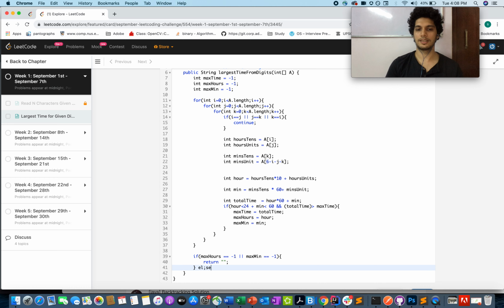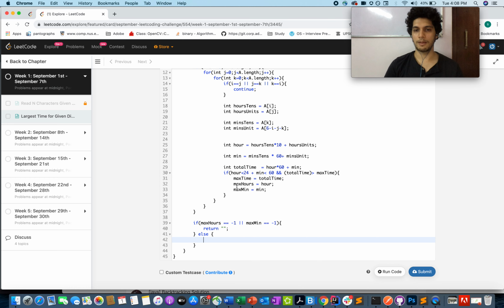If max hours equals -1 by any chance, or max minutes equals -1, we'll simply return empty. Else you form the time using these and return the result: max hours, then a colon as stated in the question, plus max minutes. I think this should handle most of the cases. There is another corner case.